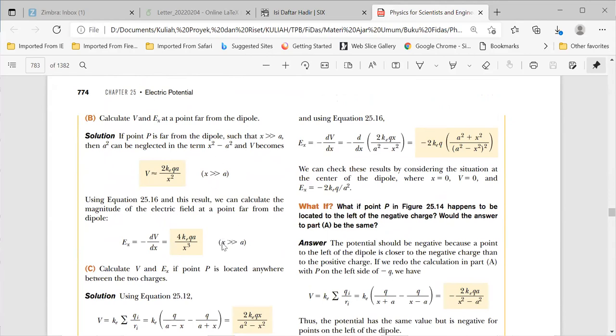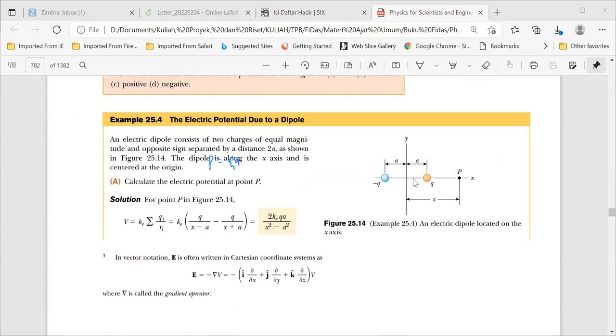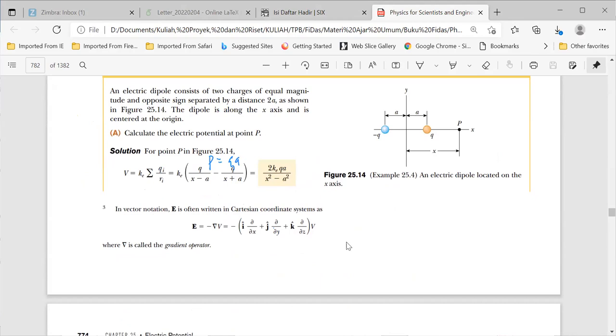Nah, rumus ini saya tadi lupa menyebut. Ini kita sebut P, momen dipol. Q kali 2A, di mana Q kali 2A itu yang disebut momen dipol. Maaf, A itu jarak, ini 2A. Jadi P di sini biasanya Q kali jarak antara mereka, misalkan D. D itu di sini 2A. Itu adalah momen dipol, namanya P.